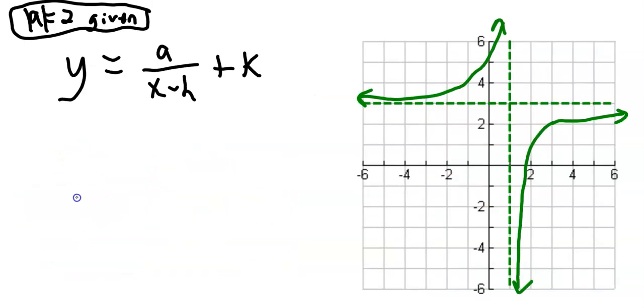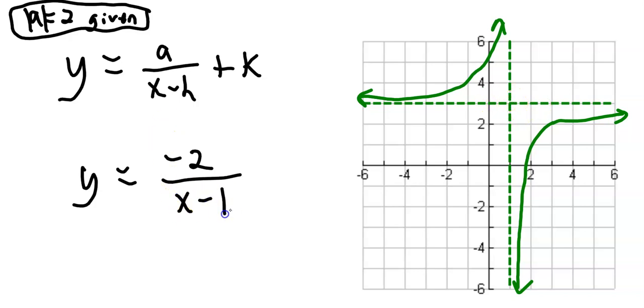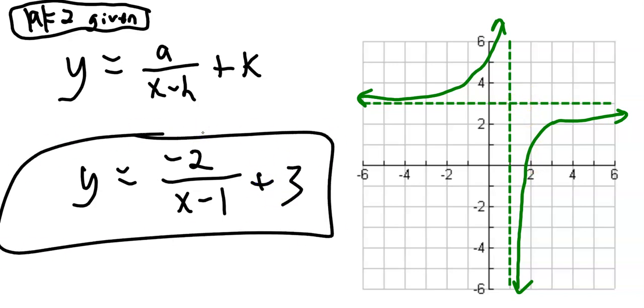One more quick problem. If you've got something like this, we've got y equals, says the absolute value of a is 2. You can tell that a is negative because of the quadrants it's in here, so I'm going to say -2 is a. It looks like it has moved 1 unit to the right, so this is going to be x minus 1. Looks like it's moved 3 units up, so plus 3, and I think we have our equation. I know it went quick, but time's